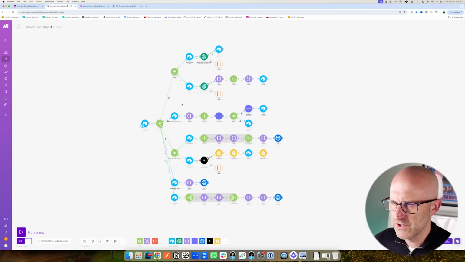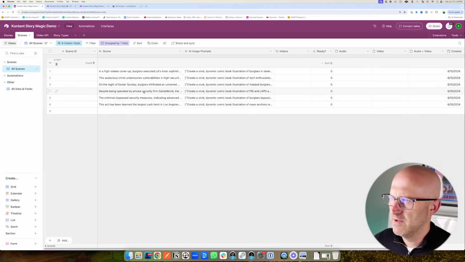Now, in this case, we're going to start with just the image generation, and we're going to complete the entire automation with just still images. And then at the end, we'll make a slight tweak to add in the animated videos that are created from that still image. So back in Airtable, I am noticing one issue